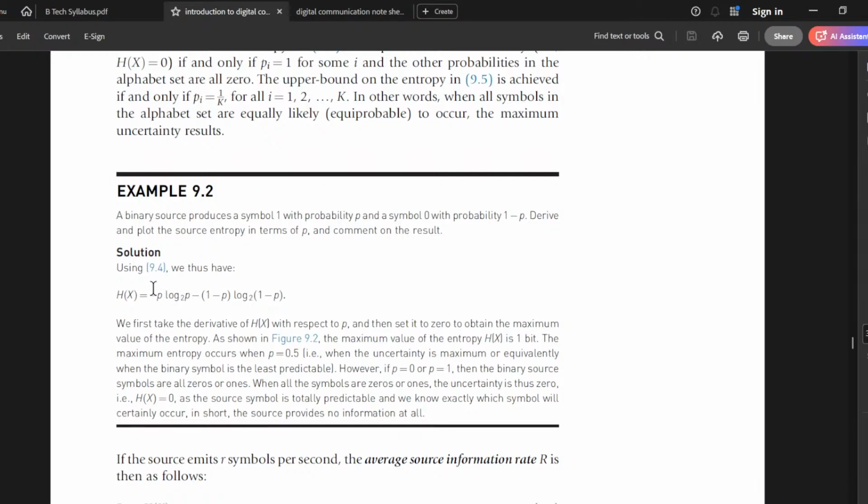So this is actually the sum and we're using the minus sign because of the log. So minus p log 2 p minus (1 minus p) log 2 (1 minus p). We take the derivative of H(X) with respect to p and then set it to 0 to obtain the maximum value of entropy,